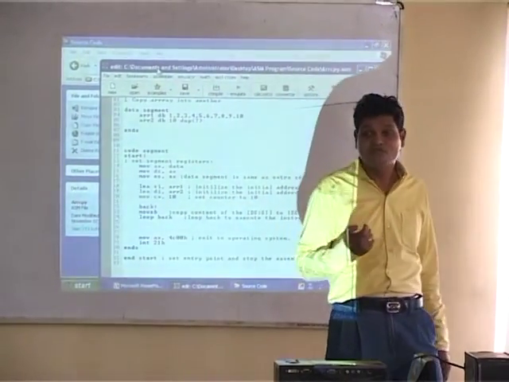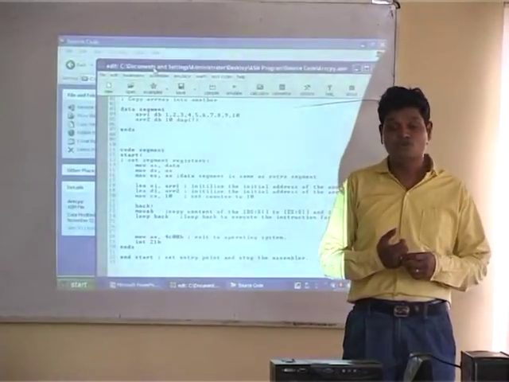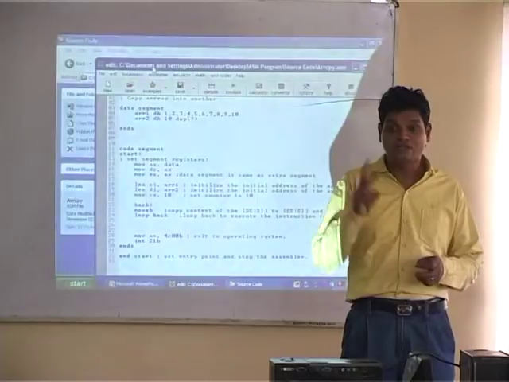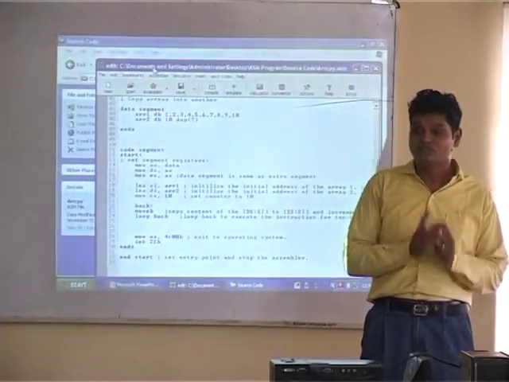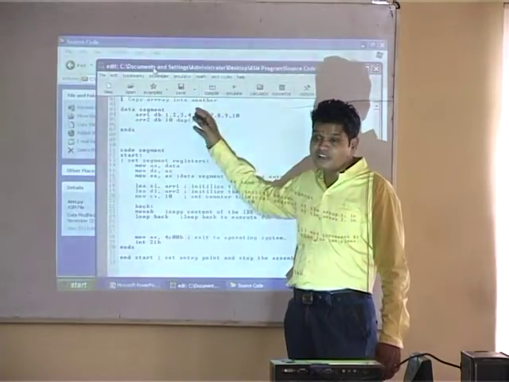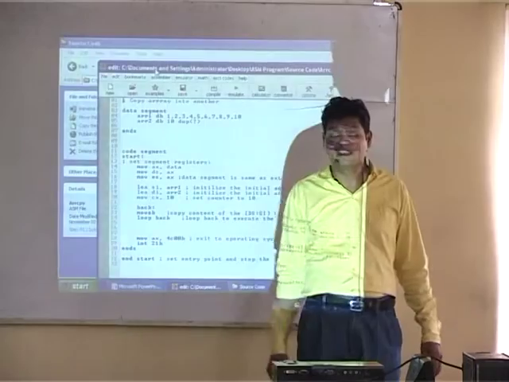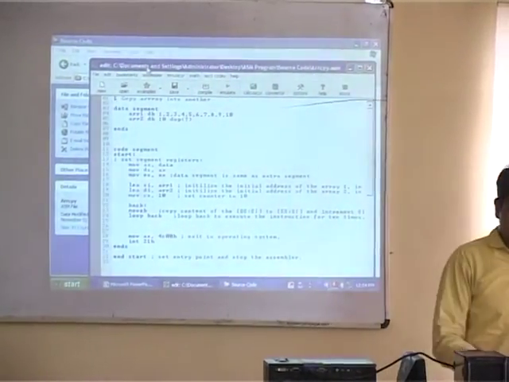What does SB mean? Byte, right? String byte instruction. Okay? If it were SW, it would be string word, and it would increment by 2. In this situation, it will increment by 1. So your SI and DI will be incremented by 1. They will point to the next location. It will perform the same again. It will happen 10 times, obviously. So the array will get copied.